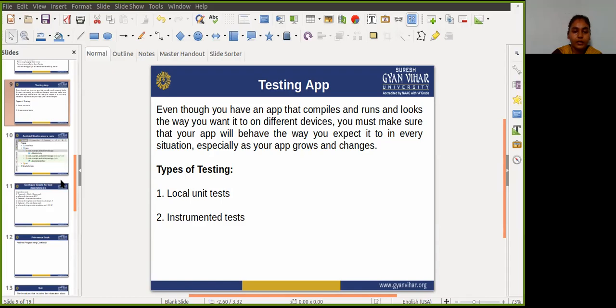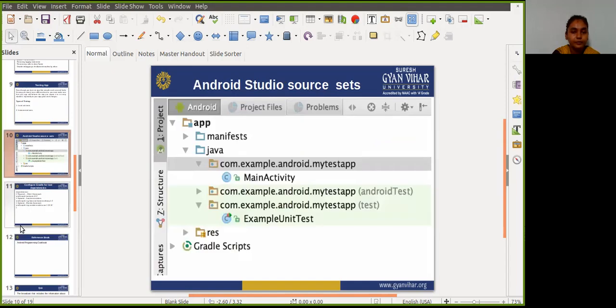Next is the Android testing support library. The Android testing support library provides the infrastructure and API for testing Android apps. It includes support for JUnit, and with the testing support library you can build and run test code for your app.